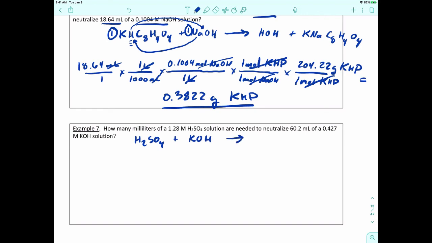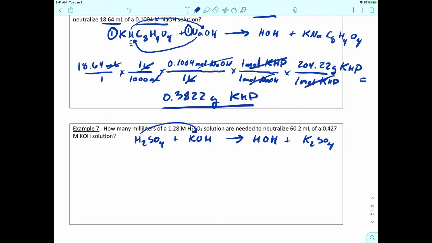So the H is going to replace the K. So you're going to get water as one product. And then the other one, if the H is replacing the K, should be K2SO4 as the other product. All right, so that being said,